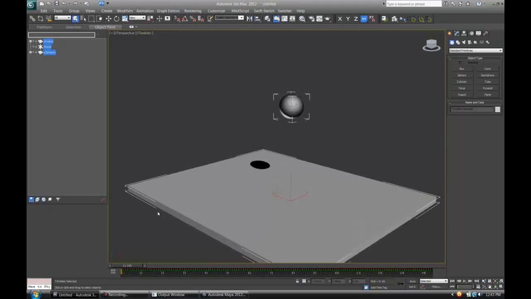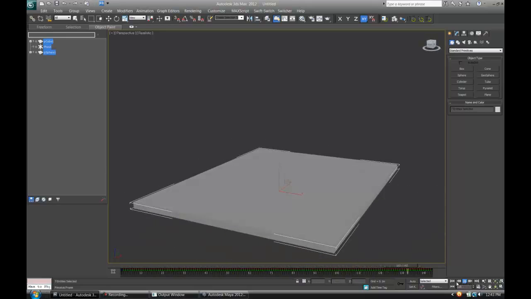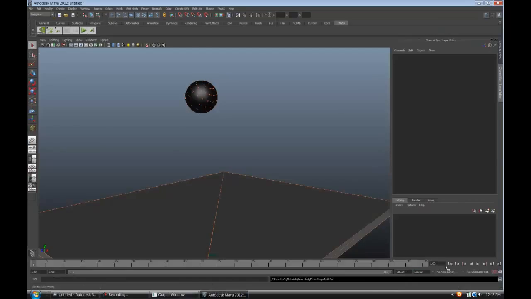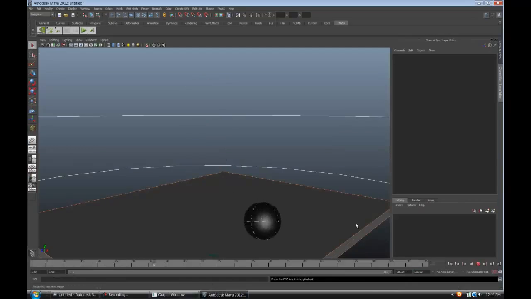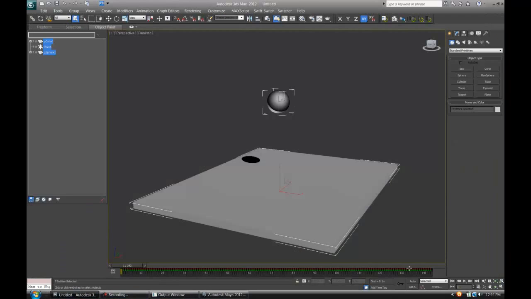Alright, and let's push that play button. And that's basically what we saw in Maya. Let's go back to Maya and look at that. It rolls off. Let's push play on